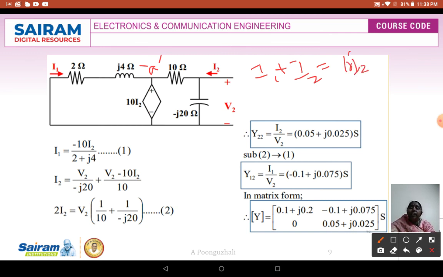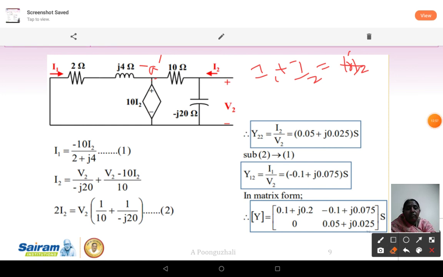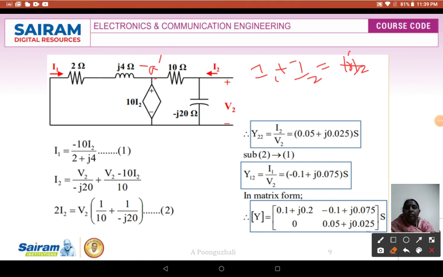Outgoing, incoming current is going to be I2 equivalent to 10 I2 there. If I simplify it, I1 is nothing but the current through this. So we can write it as incoming current is 10 I2. This is a voltage source. That means the node at this voltage source is going to be, here in this case, you are going to have I1 plus I2. So the voltage at this point is going to be 10 I2. So it is 10 I2 divided by your 2 plus j4. It is in the opposite direction.